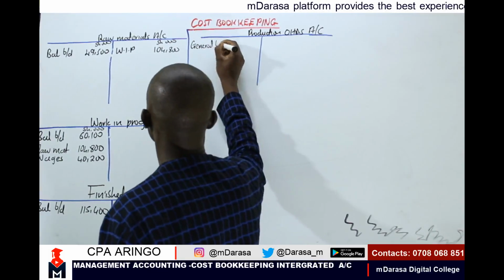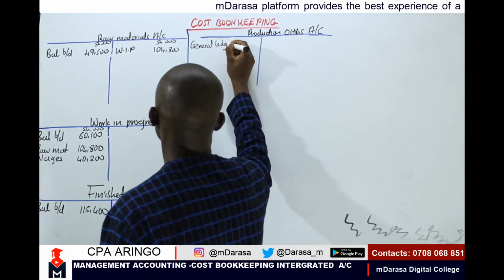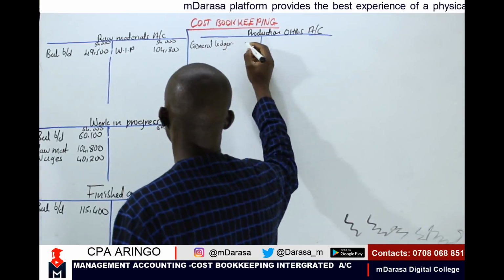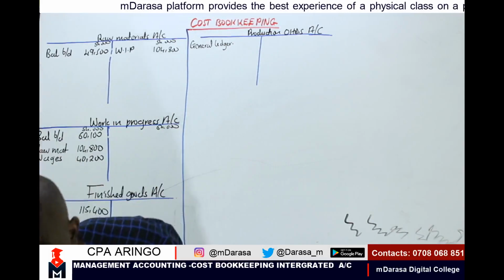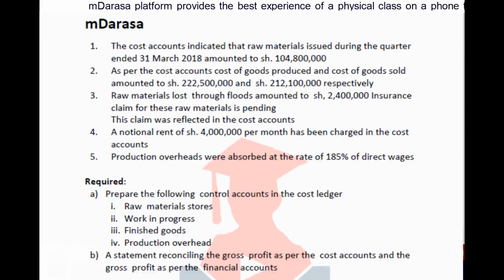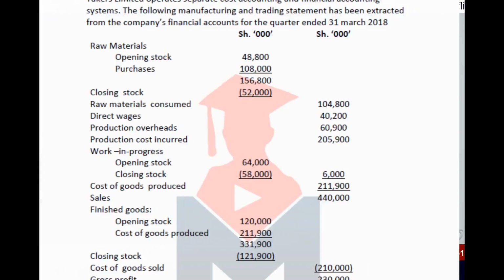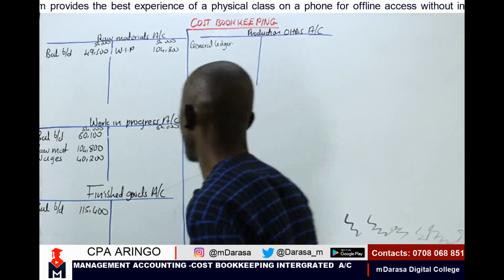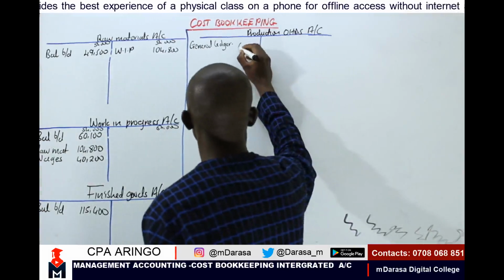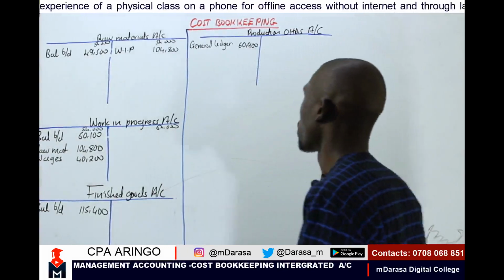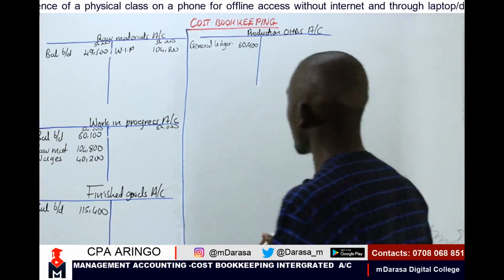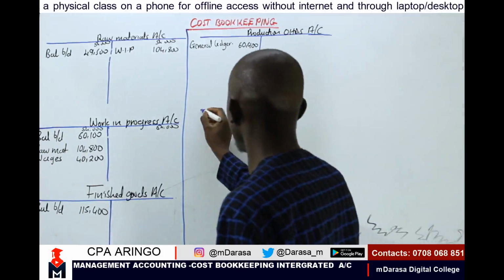General ledger, a figure of how much. In that case, I was given how much? I was given a figure of 6,900. So I was given a figure of 6,900. Meaning that in this case, for us to work it out well, I can even open our general ledger